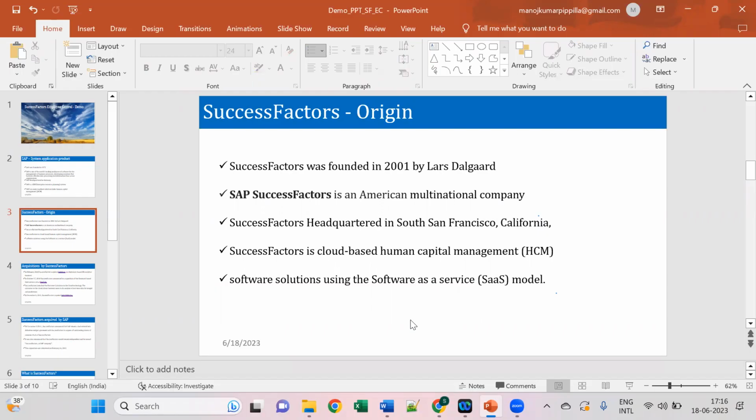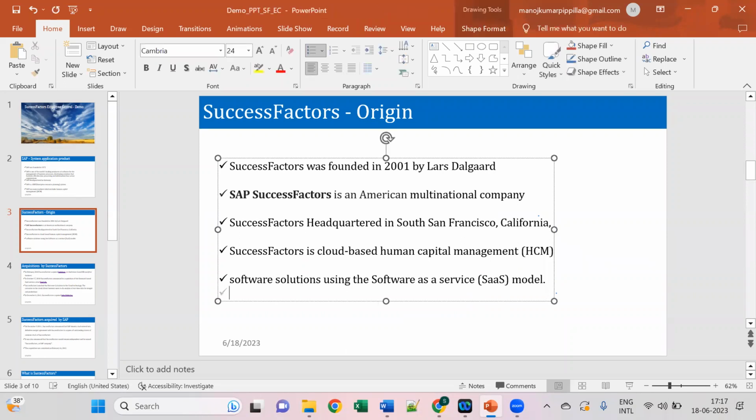Clear? Next. Within cloud platform applications, there are many available in the market now. In that, there are three different types of applications available in the cloud platform. One is SaaS application, another one is PaaS application, and another one is IaaS application. So first, let us go through this. What is IaaS and what is PaaS?